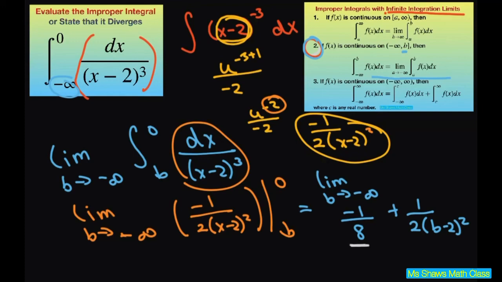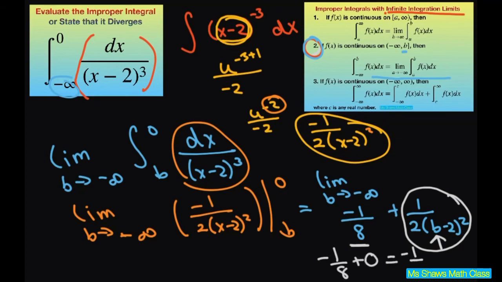All right, so basically we have the limit here. When you plug in a large negative number for your b here, this is going to be 0. So you have negative 1/8 plus 0. So our limit is negative 1/8